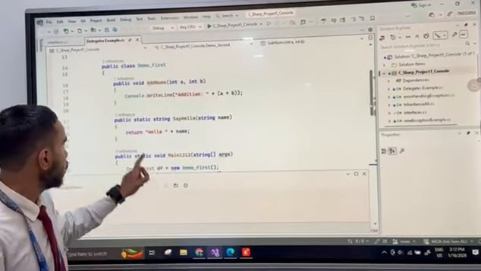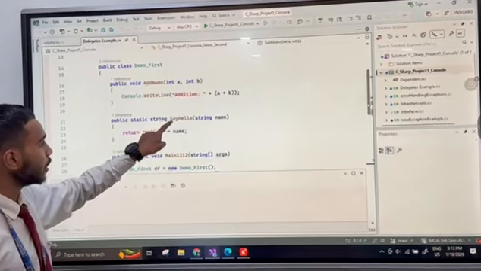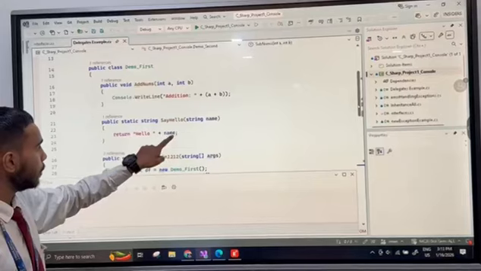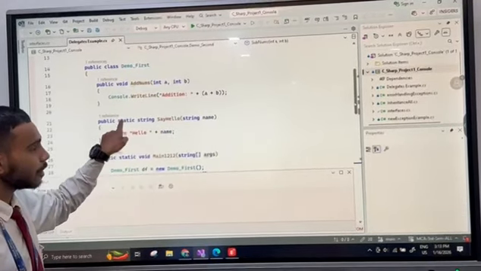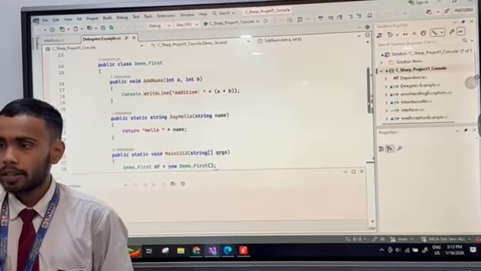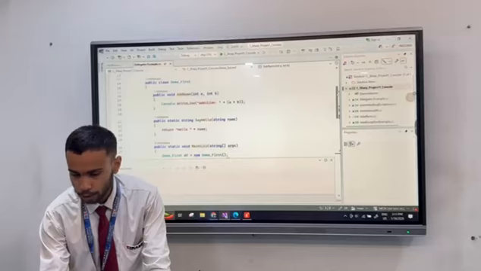Then there is a string method, public static string say hello, and it will return hello plus name. The static keyword makes it accessible across the entire class, and with the help of the class name we are able to access it.